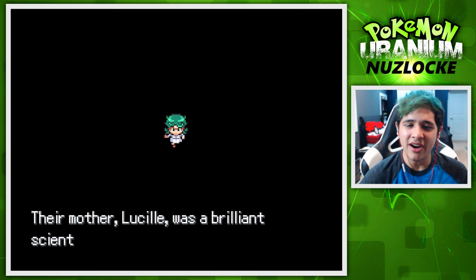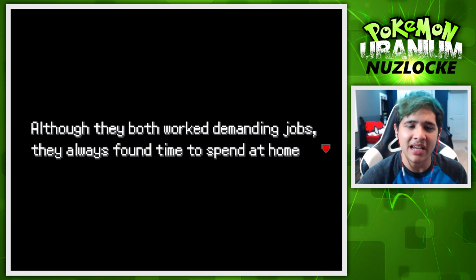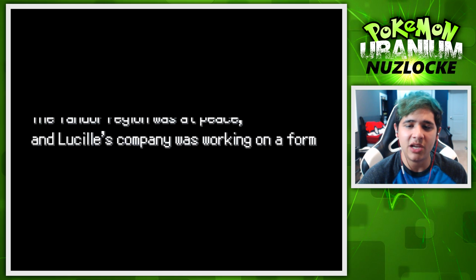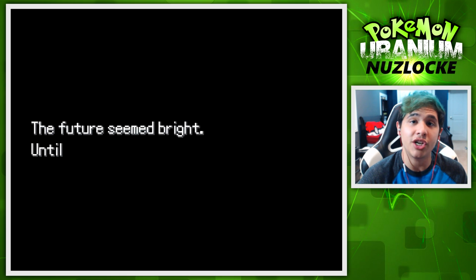And we have our mother, Lucille, was a brilliant scientist and an expert on nuclear energy. I'm liking the hair. Well, not really. I kind of want to change mine, but it matches, so it's kind of cool. You know, we're twinsies right now. Although they both worked demanding jobs, they always found time to spend at home with young Orange. The Tandor region was at peace, and Lucille's company was working on a form of clean energy that could change the world. The future seemed bright until...